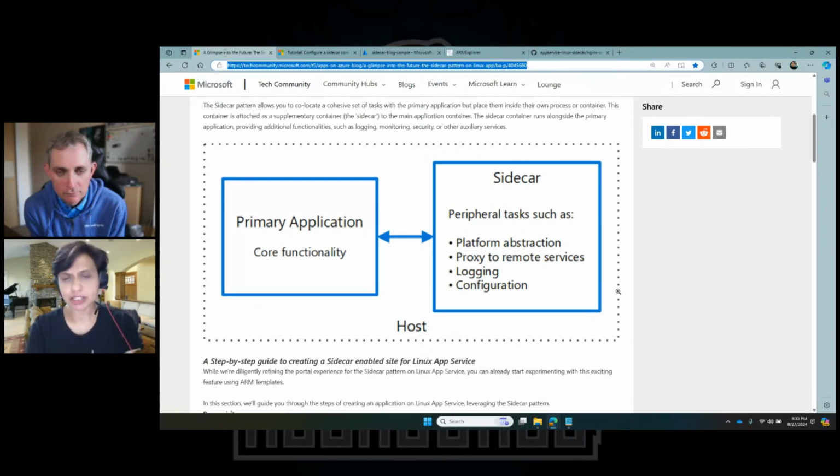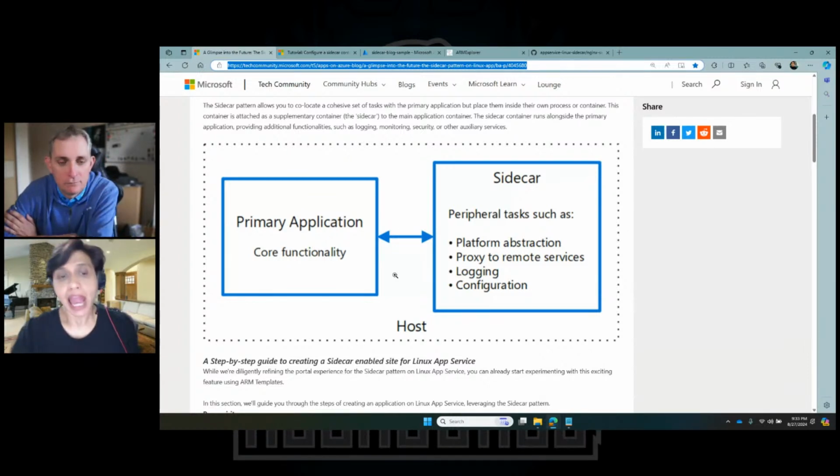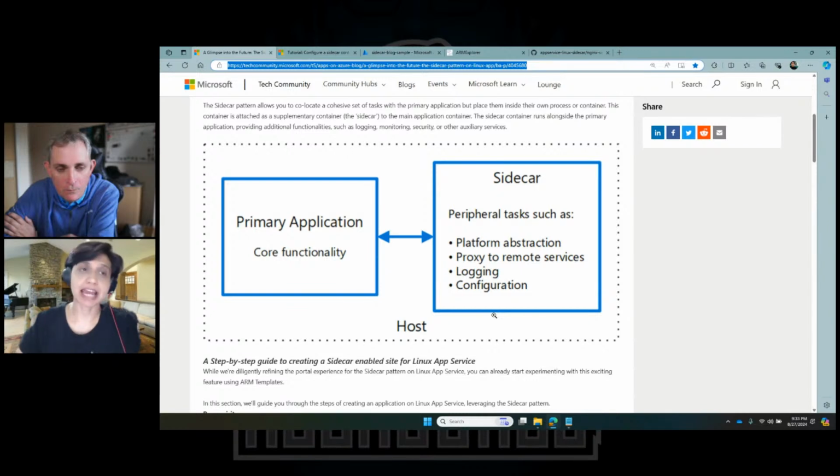And this is the blog. This blog actually came out before Build, but it gives a basic diagram of what we are trying to do. We have the main application, which, whether you give us the code or the container, is its own container. And we are allowing you to run your peripheral tasks like logging, connecting to remote services, or running a reverse proxy, all side by side with your main application.